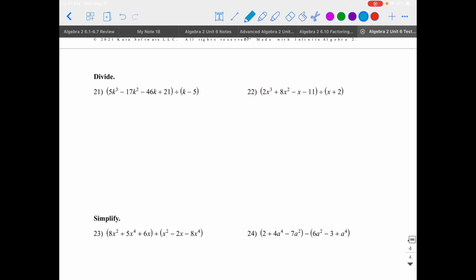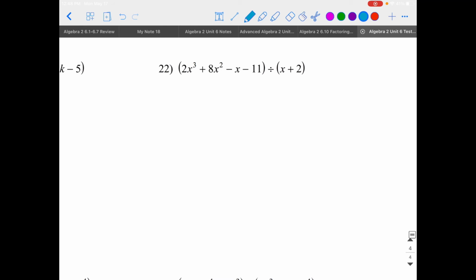Then we get into synthetic division. I loved this. This is the last thing that we did. So we start with our box. If you don't remember, this was 6.11. Negative 2 goes in the box. And then across the top, 2, 8, negative 1, negative 11. And remember our steps. Bring down, multiply, add, multiply, add, multiply, add. So bring down,